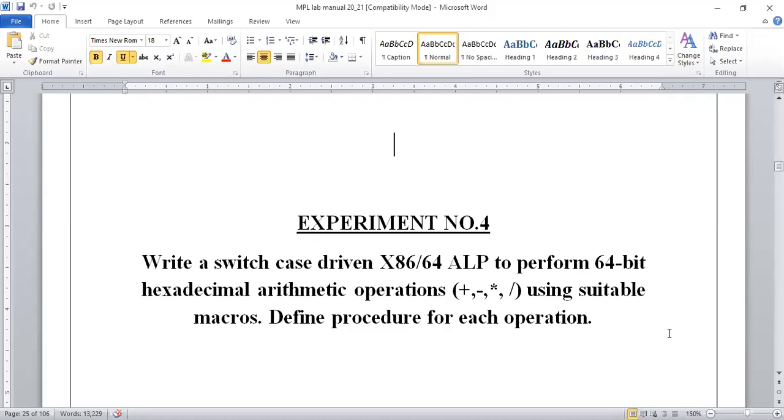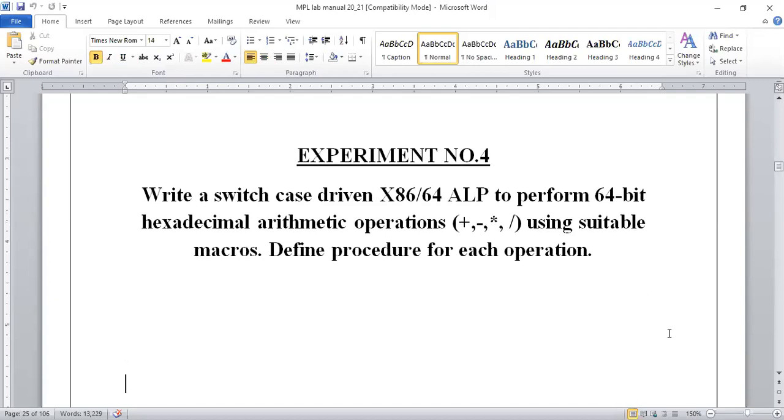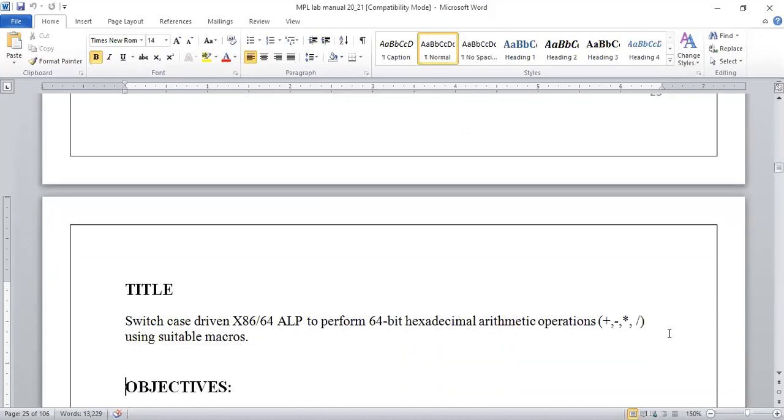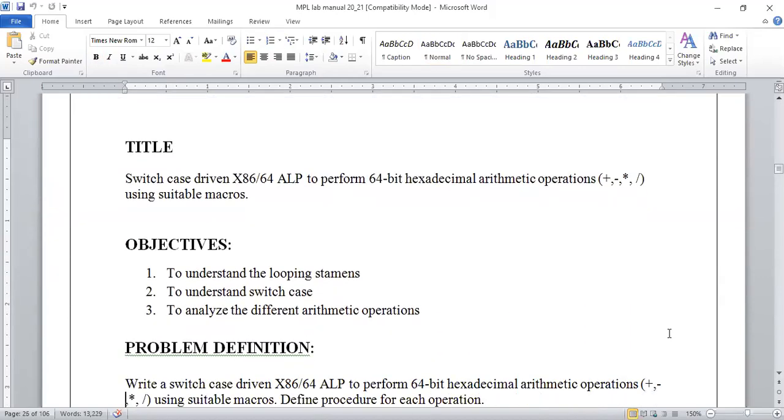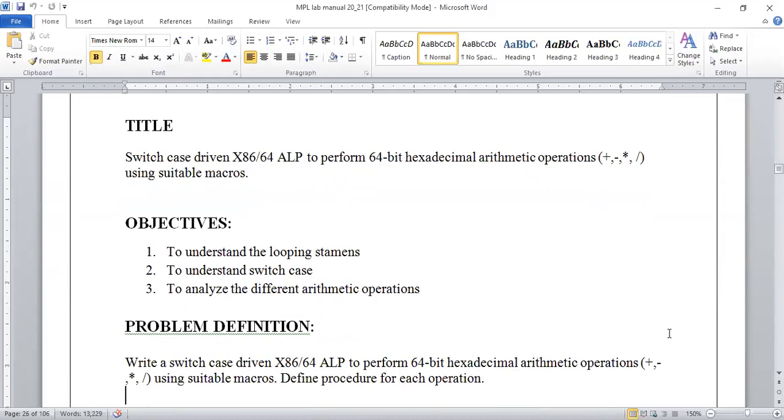Okay, so which we are going to perform generally with respect to hexadecimal value, we are going to give it as an input for this program. So this hexadecimal value ultimately will be converted into binary form, and for that again we are going to perform the operation. But ultimately here we are going to give it as an input in the hexadecimal form, and output also is in the form of hexadecimal value. Okay, because it will be for a 64-bit, so total 16-digit value, right?